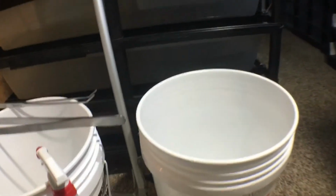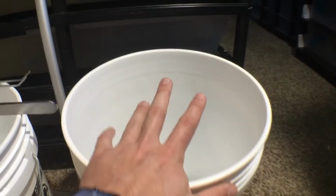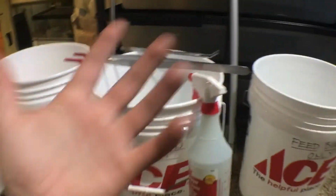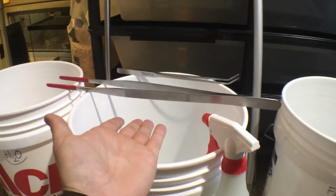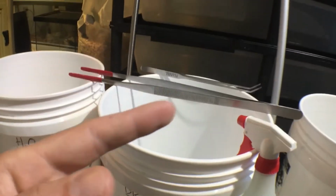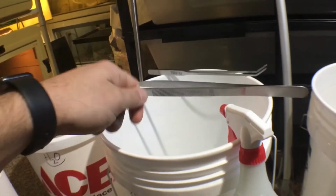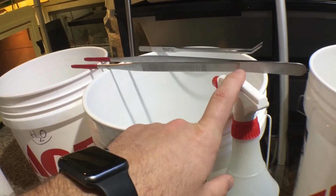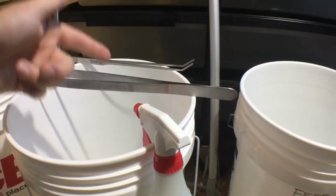But essentially my process is, I've got my rodents thawed, I know what I'm going to feed. I grab some paper towels, get that rodent on there, make sure it's dry. Grab one of my clean sets of feeding tongs, feed that animal off, and then before I go and feed another one, that set of feeding tongs goes right in here, and I'll spray it down with this guy right here pretty thoroughly, let it sit for a few minutes, and go about feeding with another set of tongs,